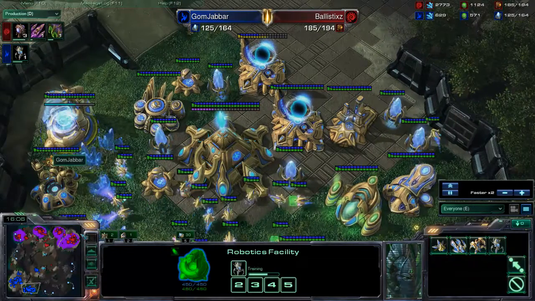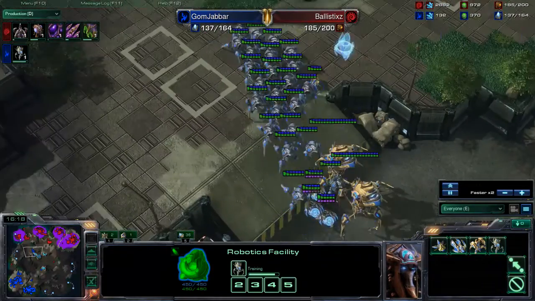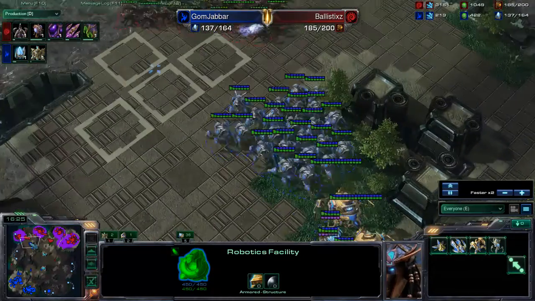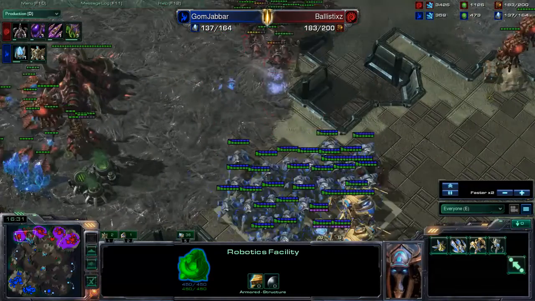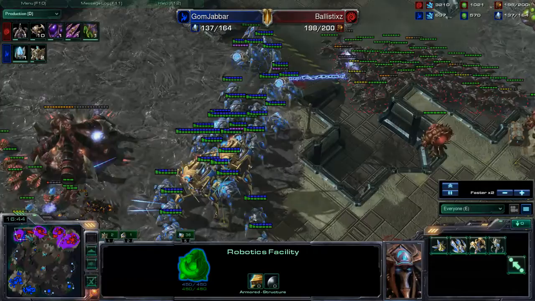So, I mean, the only way we can really deal with maxed Roach armies, you can't really deal with it with Gateway armies, because he's just going to flood you. You need Colossus. You have to have it, in my opinion. Even Immortals aren't quite good enough. So here we are, we're going to be